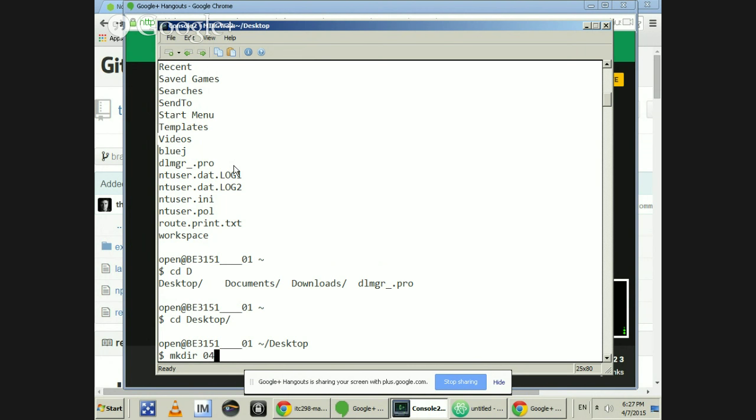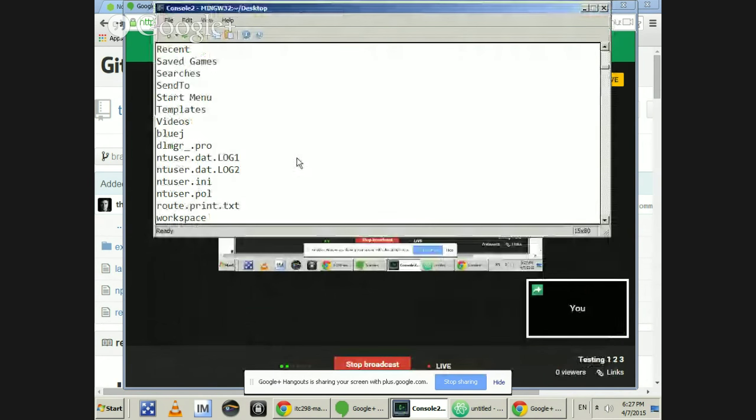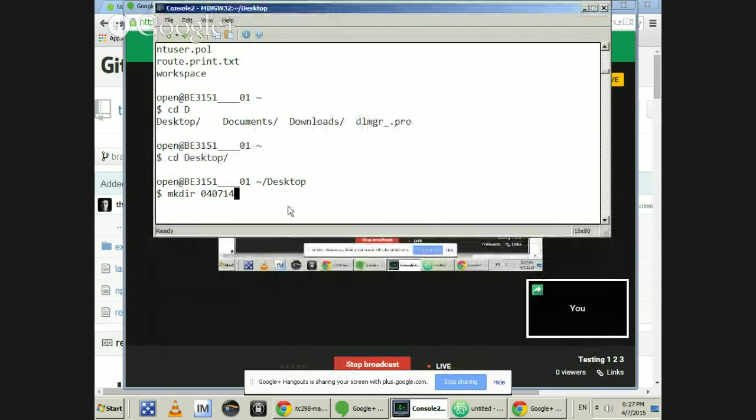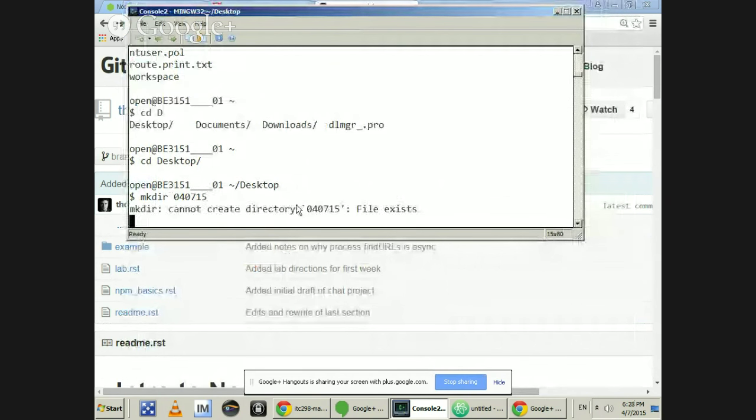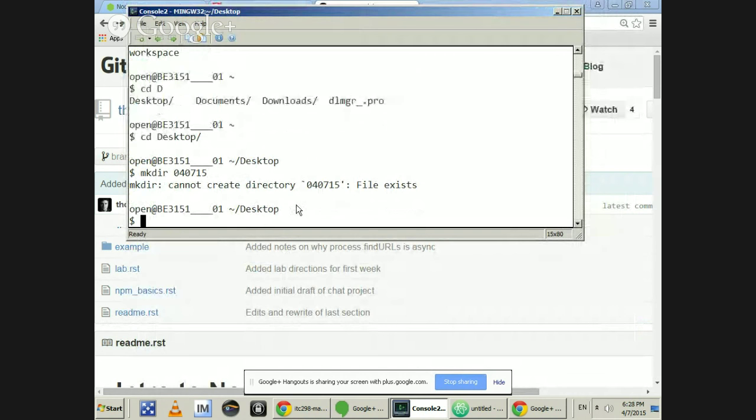And I usually name these after the day of class. You can name it whatever you want, but I'm going to call mine 04. There we go. So I'm just going to name mine 040715. I forgot what year it was. But you can name it whatever it is that you want to call it. It doesn't really matter. I already have that directory, so it tells me, but it should allow you to make it. And then once you've created that directory, you can change directory into it. So I can say cd